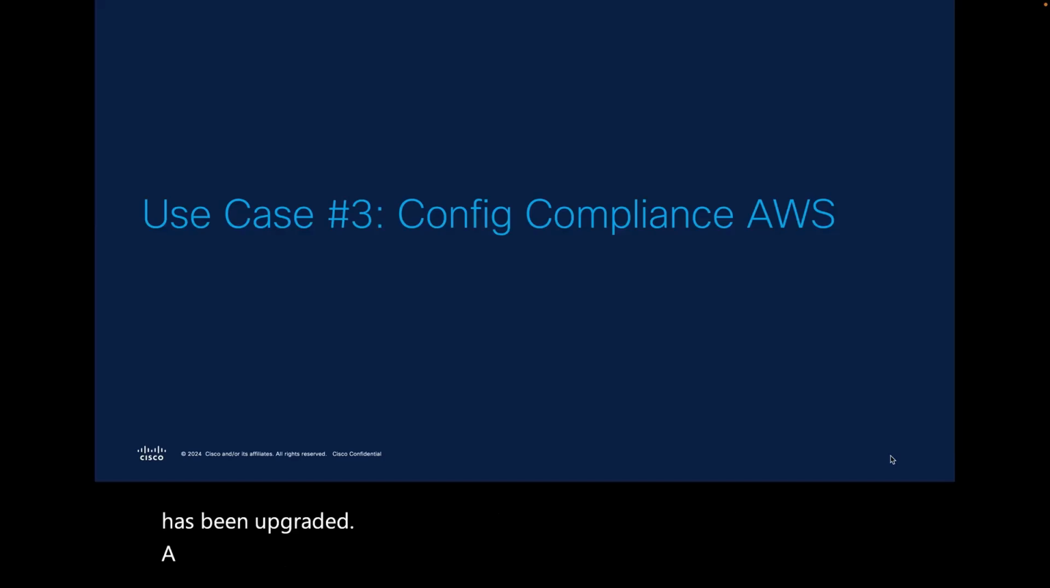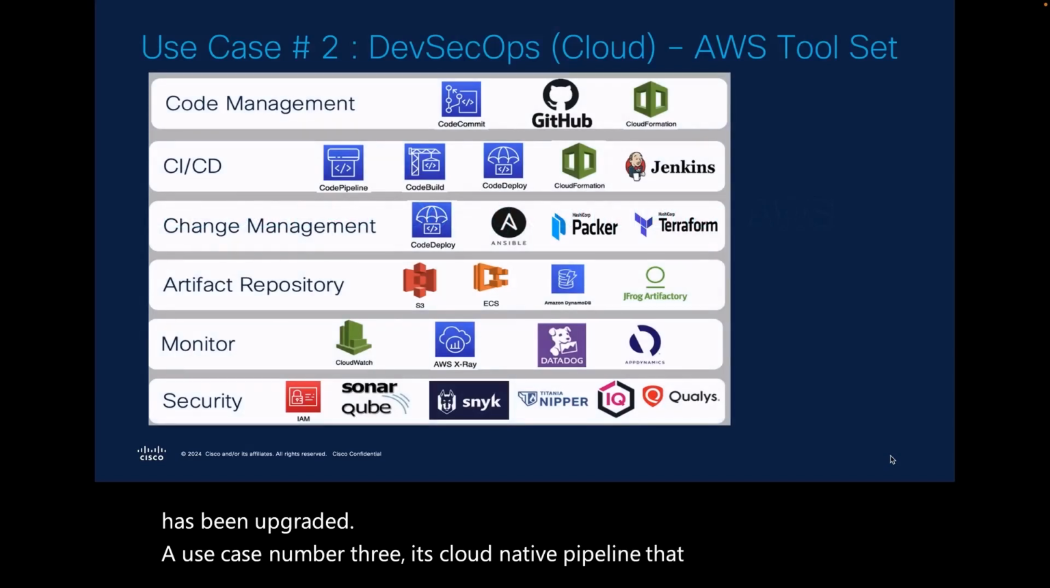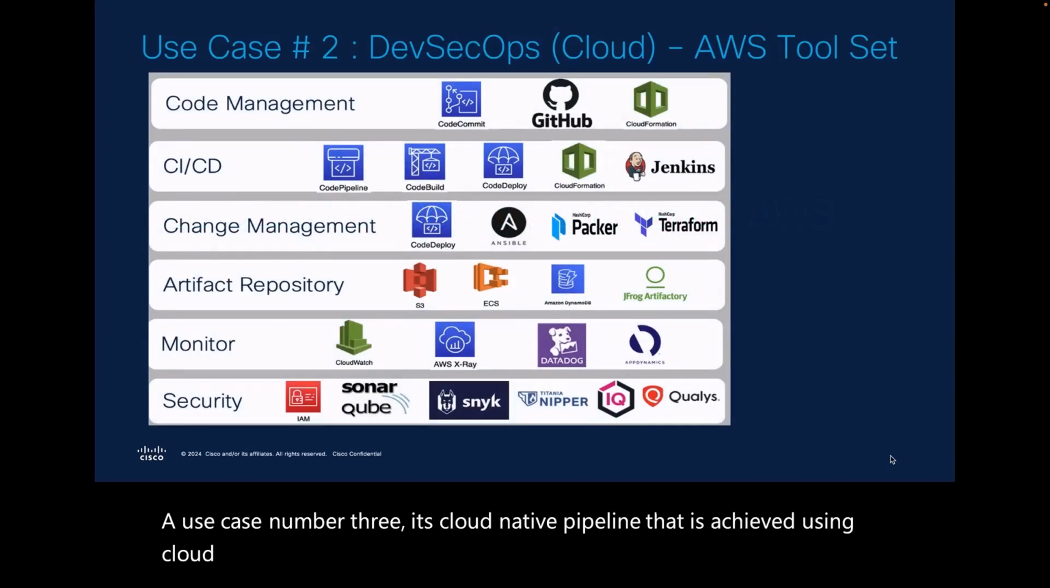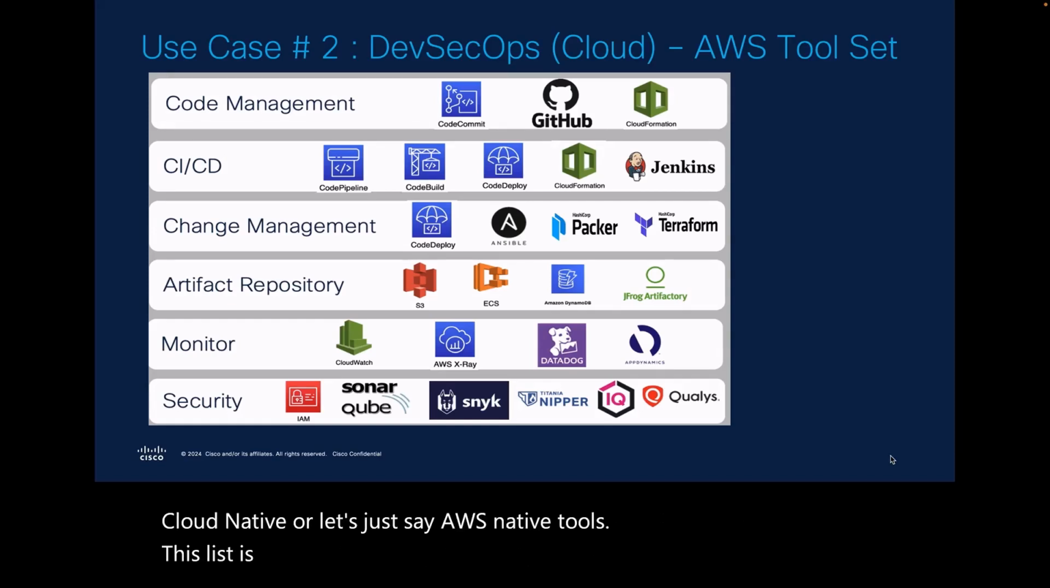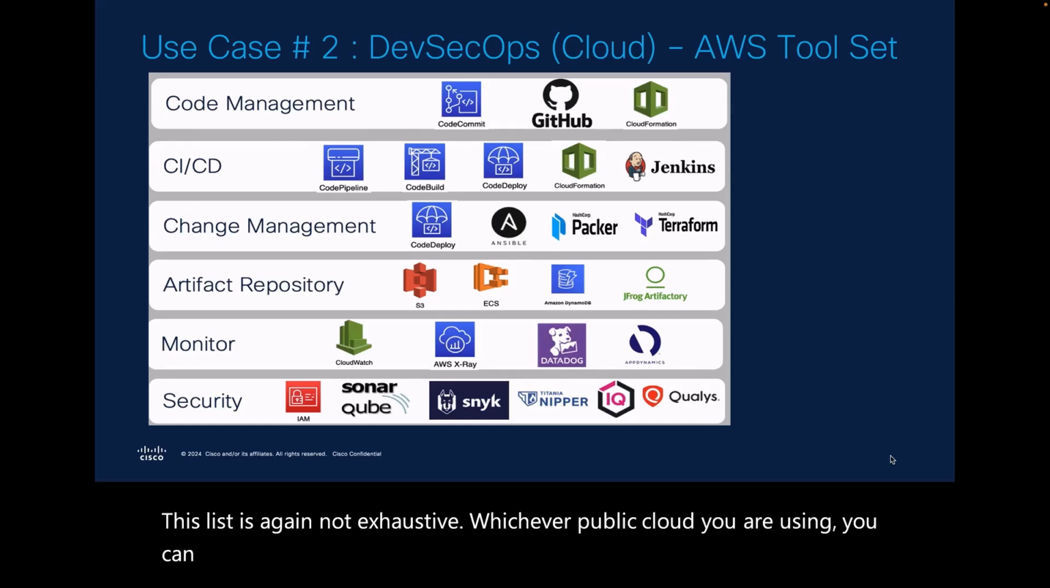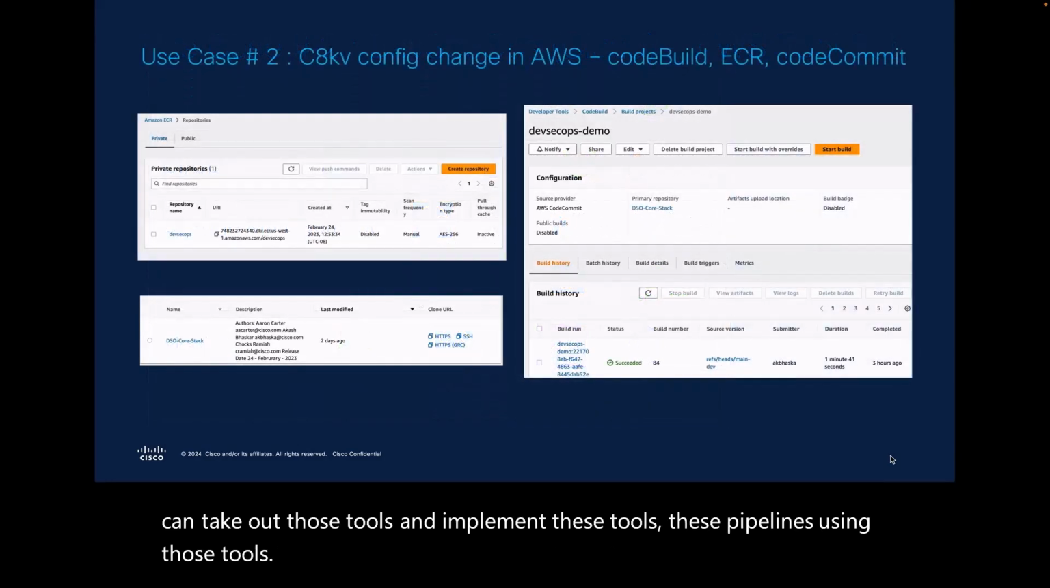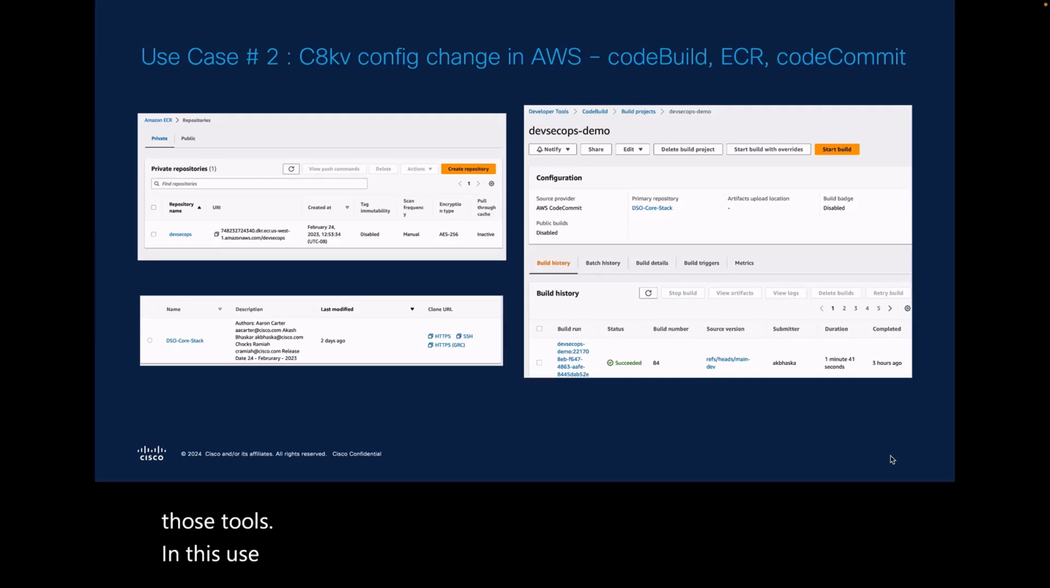Use case number 3 is a cloud native pipeline, achieved using cloud native, or let's just say AWS native, tools. This list is again not exhaustive. Whichever public cloud you are using, you can take those tools and implement these pipelines using them. In this use case, there is a C8KV in one of the VPCs, and